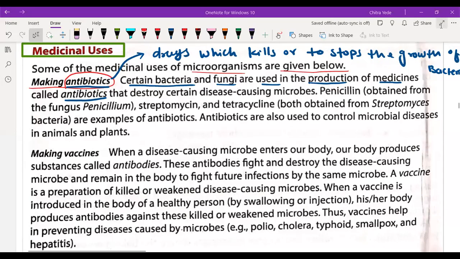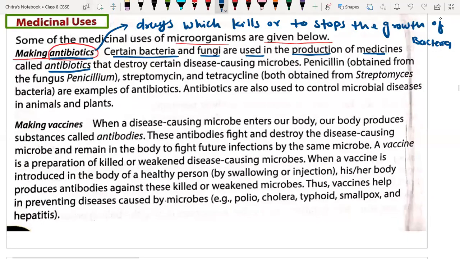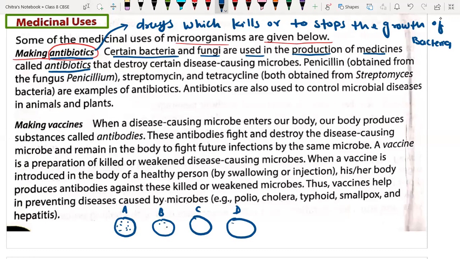Yes, okay. He was a microbiologist, and he used to grow certain microorganisms in his own lab. Here we have four dishes, A, B, C, D. Here we have a nutrient medium and different types of microorganisms in it. I'm drawing with another color so that you can identify that the black dots are the microorganisms, like bacteria, viruses, and so on.